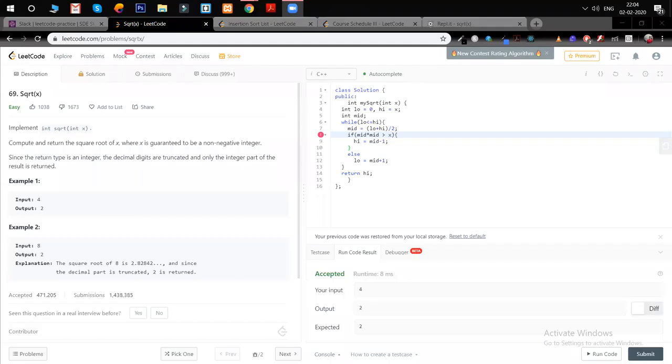So, we are given an integer value x, and we have to implement a square root function in such a way that we get the floor value of it. For example, if we need to find the square root of 8, it will be something like 2.824, and then we have to remove its decimal part and return only the integral part of it, like 2. So we have to truncate the decimal part and return the integer part.